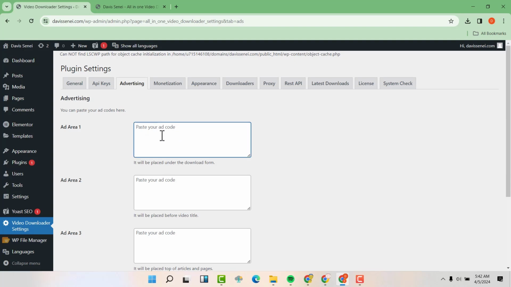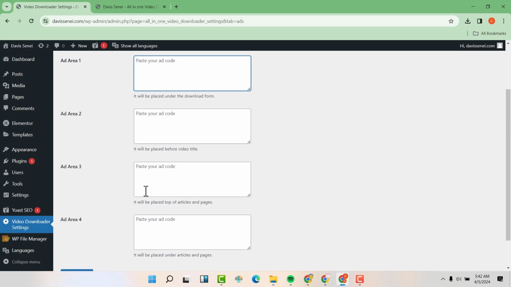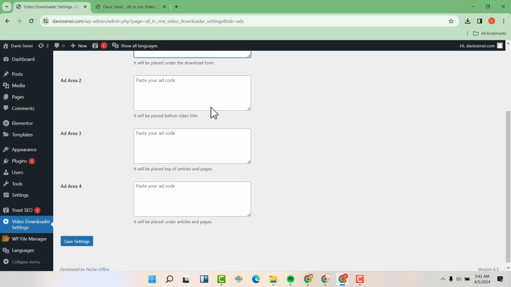And once you paste it here, you will see that the ad will start displaying under the download form. The other one will be displayed under, or it will be placed before the video. Then the other one will be placed on top of articles and pages, and the last one will be under articles and pages. So you just come and paste the code here and then save settings.